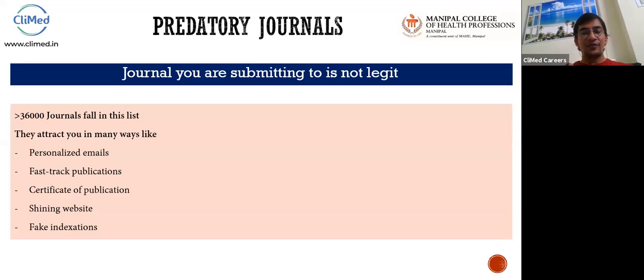So before going to those journals, if you are clear that you want to publish in Scopus, just check the journal's name in Scopus, and you will get everything. If it is in PubMed, just search that journal's name in PubMed, and it will come. If it is given only on the journal's website, do not go blindly and publish your article. You have to cross verify, you have to cross check, correct? Then